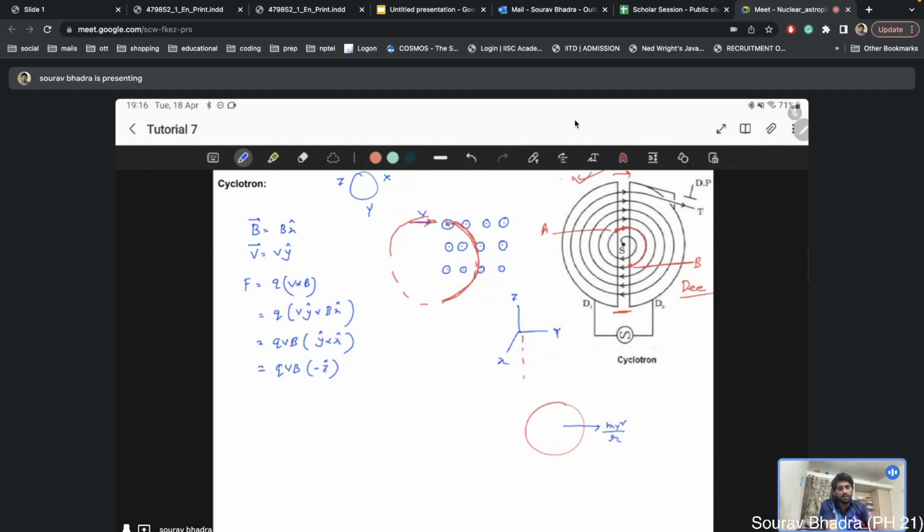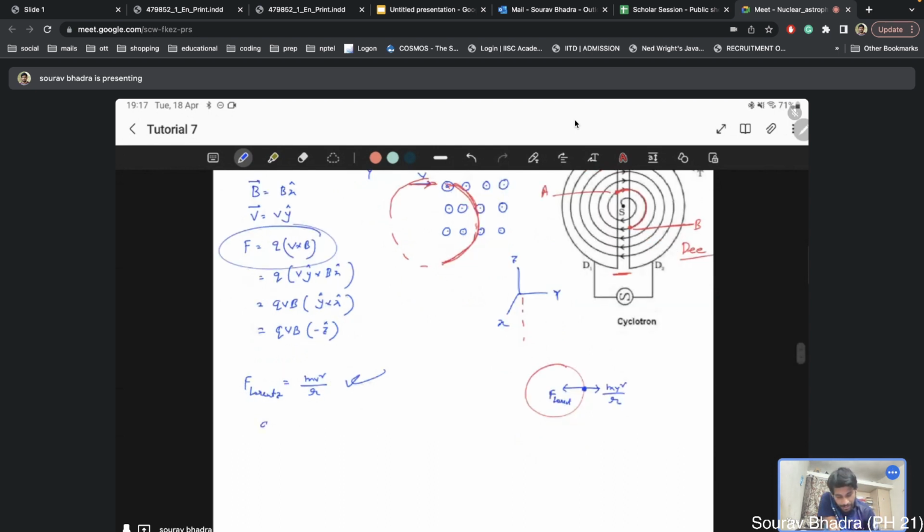It is just a propagation of particle in a circular path, and it will be just outside, and inside the D, the Lorentz force is acting, which is this one. This is the Lorentz force. So F Lorentz is equal to mv square by r in the D itself, because there is no acceleration in the D, it is only going through the circular path. So this condition is satisfied in the D, and if you write that qvB is mv square by r,